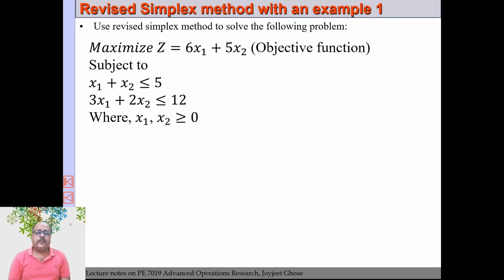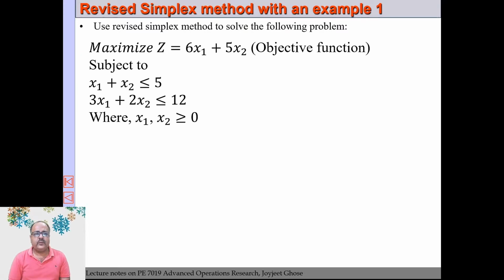However, solving it manually, particularly if the problem becomes large or the number of constraints becomes more, becomes difficult. However, we will be learning the revised simplex method with some simple problems, particularly two constraint equations and maximization problems only. That is what we'll be doing. So we'll start with example 1,